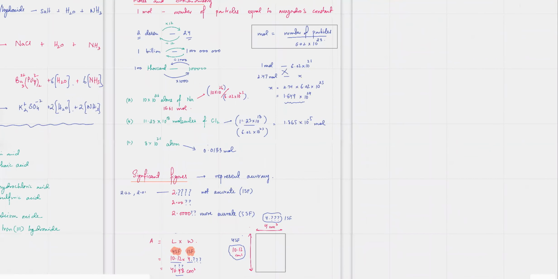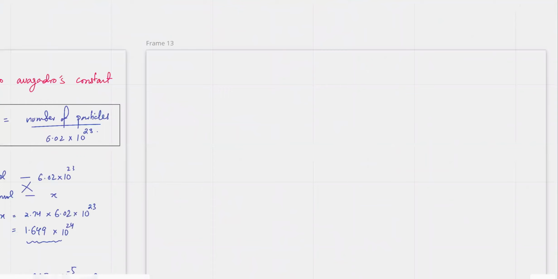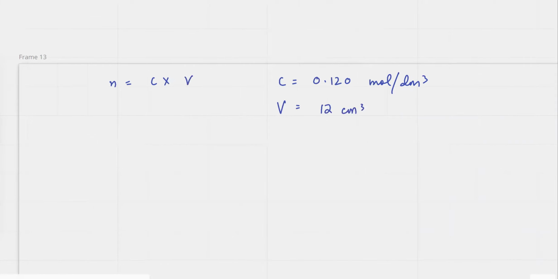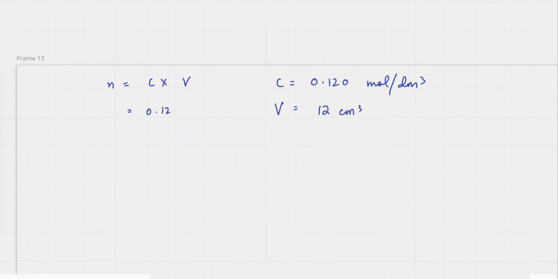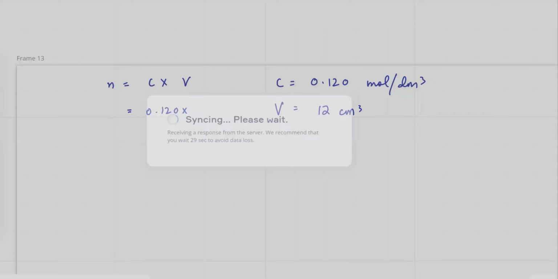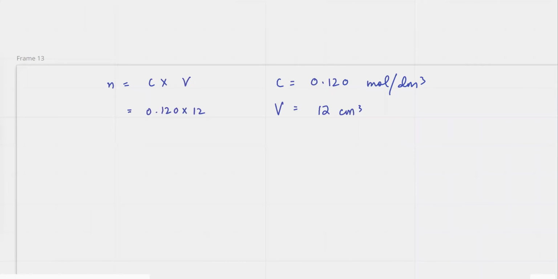So remember, a lot of times what will happen is that you'll be doing different formulas, right? And you'll be using different values. For example, sometimes they might ask you to find the moles, or we'll do these formulas later. Let's say concentration times volume, and the concentration is given like this, 0.120 mole per dm cube, right? And the volume that they've given just says 12 cm cube. So if you use the formula and you multiply concentration with volume, 0.120 multiplied by 12 divided by 1000,